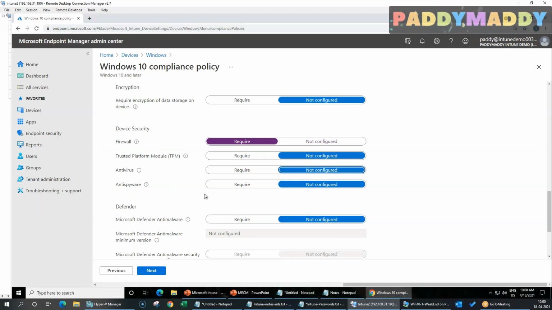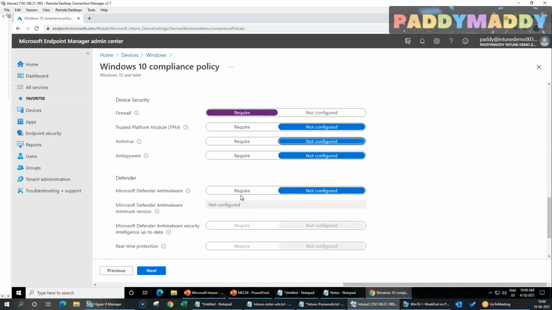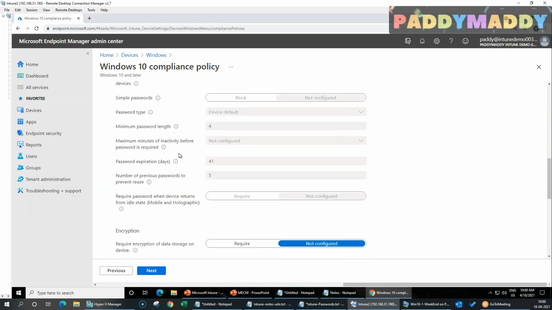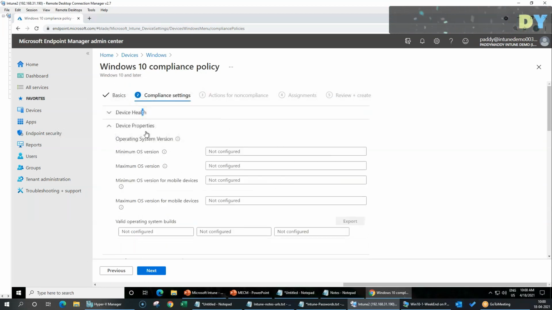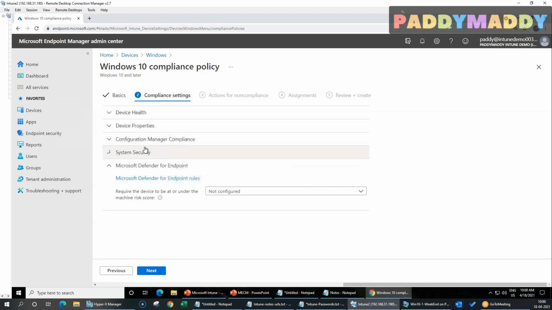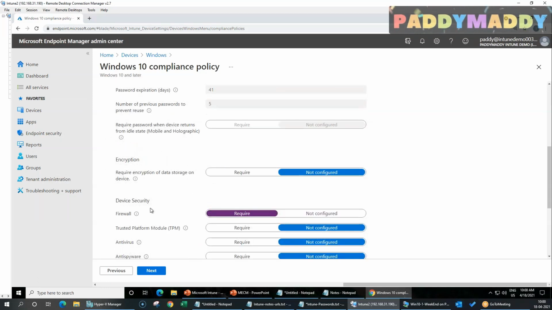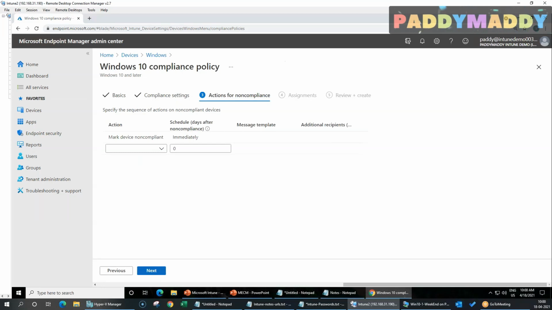These are the basic things you can configure, even with Defender and all of that. What we're trying to do is look for some configuration that must exist on every machine, and we are configuring whether the firewall exists or not. We're going to validate that. So select that, configure, and